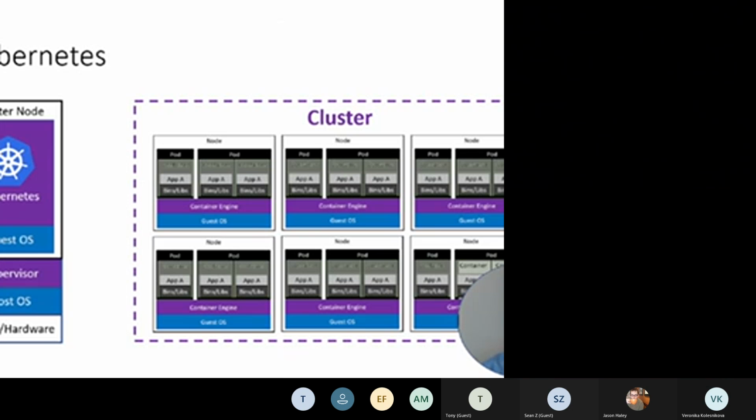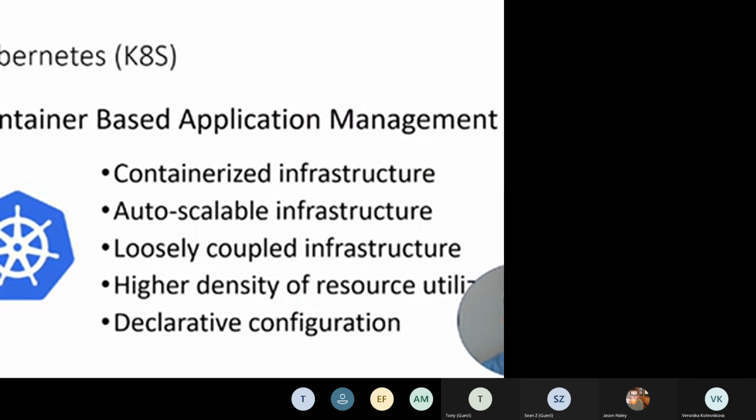And the advantage of that is it gives you a higher density of resource utilization versus just a regular VM. Other advantages are auto scaling and loosely coupled infrastructure. So that's why there's a big initiative out there to use Kubernetes,